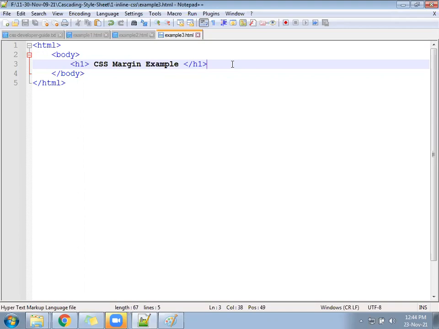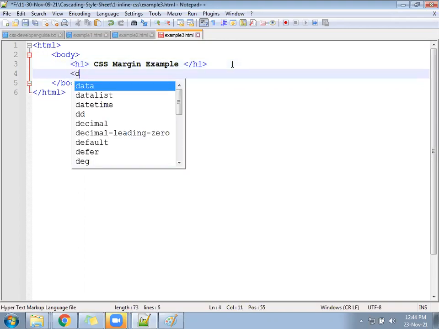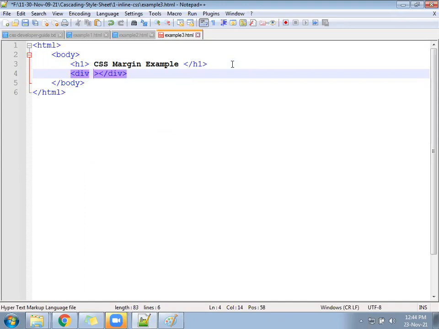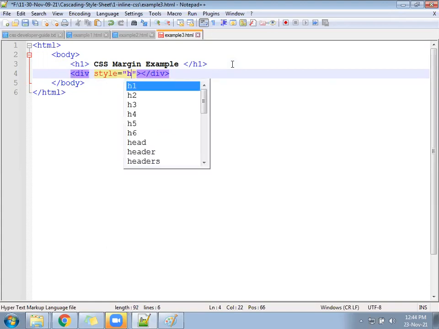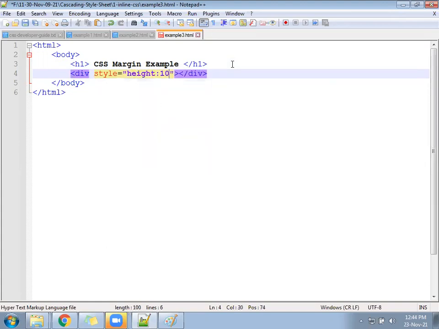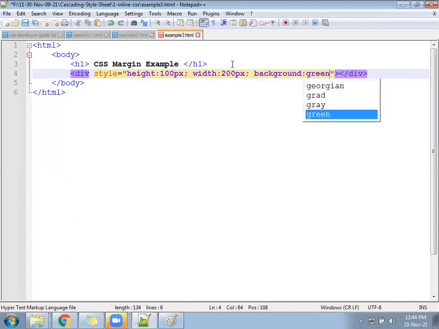Now come inside and write a div. For this division, write a style as follows: height maybe 100 px, width 200 px, and any background color. Check whether this division comes on the left, right, or center by default.